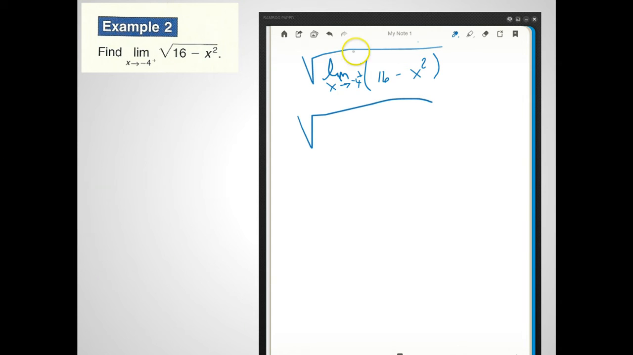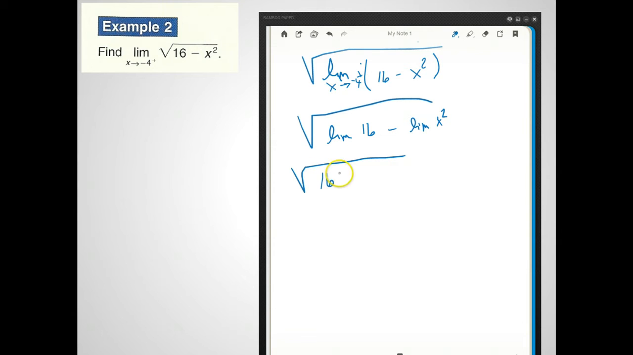So now we can say that this is equal to the square root of the limit of 16 minus the limit of x squared as x approaches negative 4. Well, the limit of 16, the limit of a constant as x approaches any value is equal to that. So we know that that's equal to 16, so we're still under the radical sign. Again, we're using our limit properties. So we used the limit of a constant property, which is not one of those 5, but tells us that